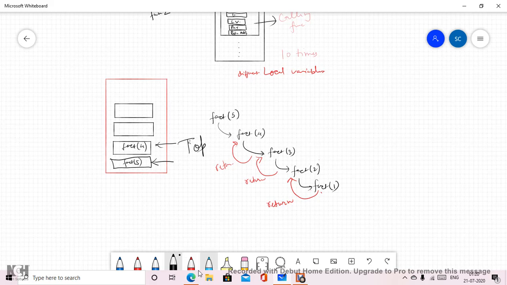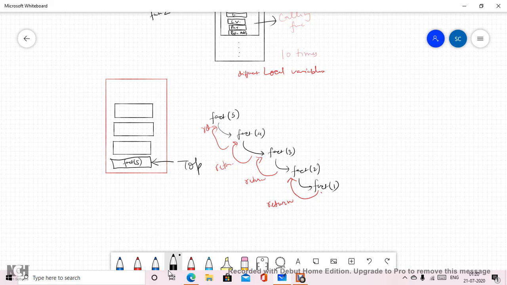Fine. Then further we have the return value from fact 4, and the memory deallocation will happen here. This is removed and it will now again become my top. Now we have the final function call, which is going to return the result of this overall recursive process.